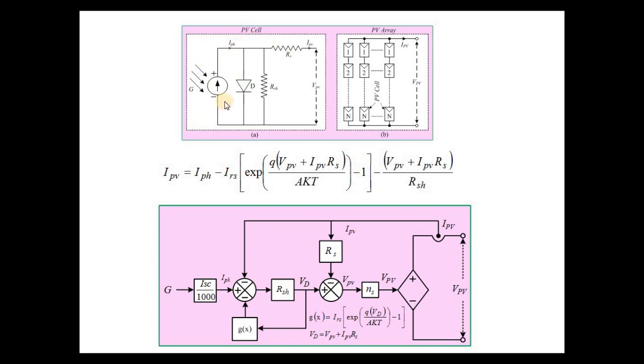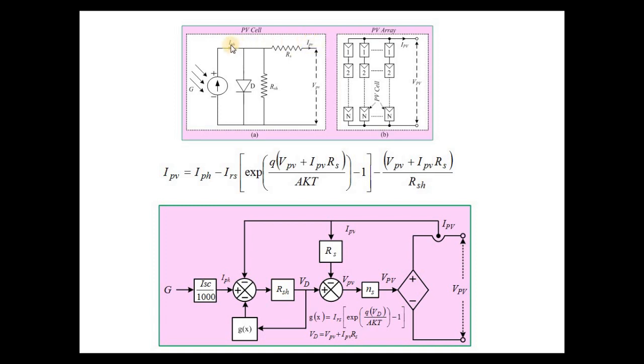See, this is the basic PV cell. Here G is the irradiance, and the nominal irradiance is 1000. I mean the nominal value of irradiance which is received by our earth is 1000. And this is IPH, the photonic current, while the PV cell is generating the photovoltaic current. Based on this criteria only we are thinking that this is the current source based converter, but only the generation of IPH is the current source, not the generation of IPV.